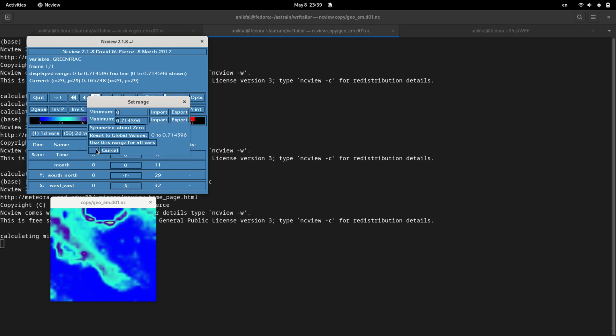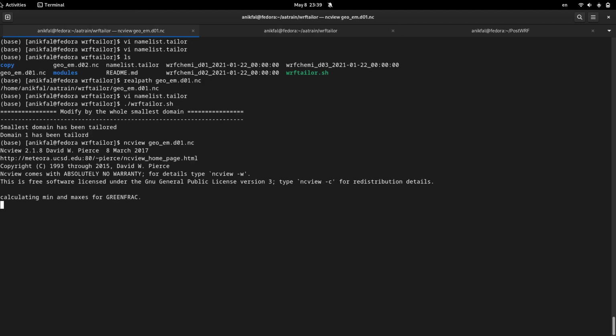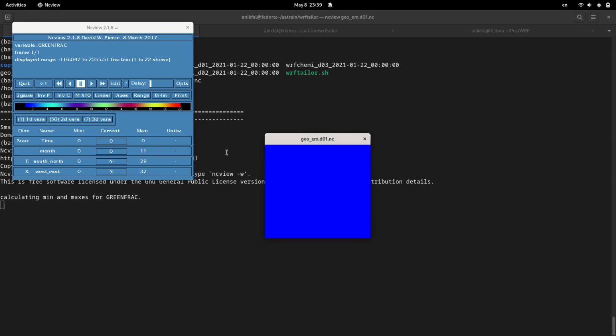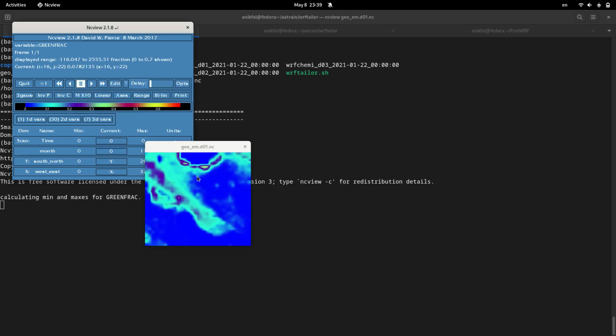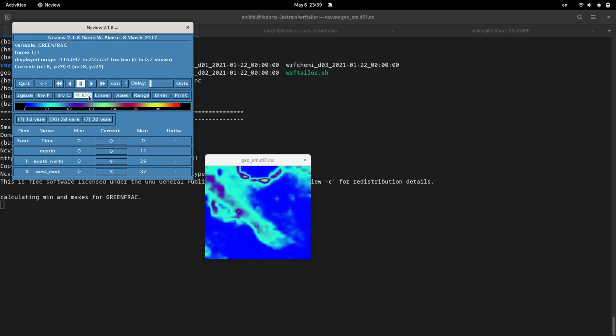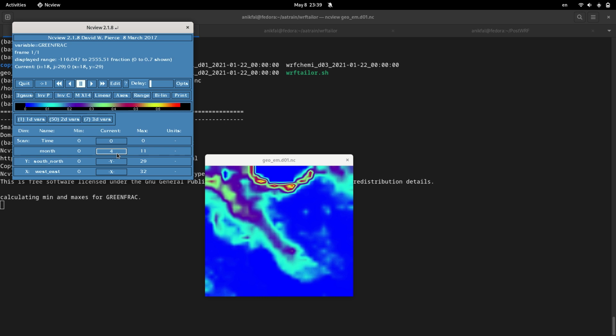This is the range. So minimum is 0 and maximum is 0.7. Okay, and this is the first month, second month, third, fourth, fifth, and 6 months, and you can see